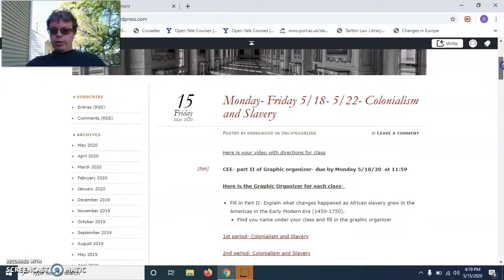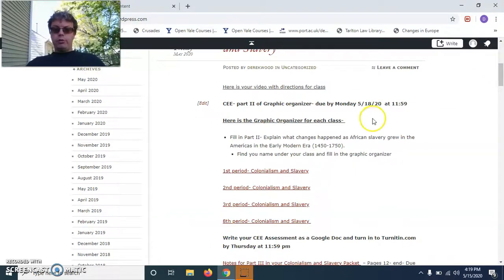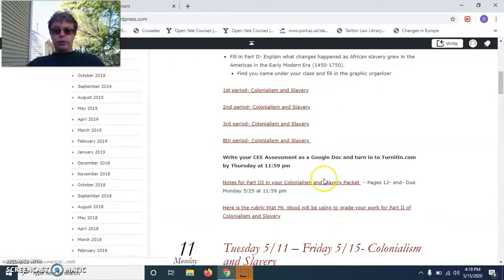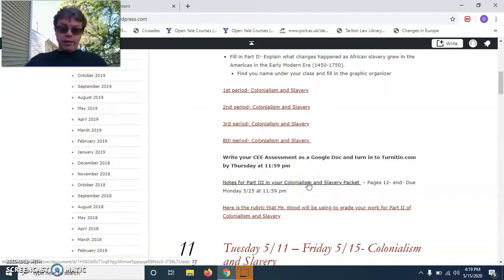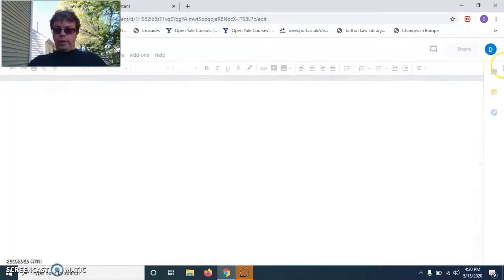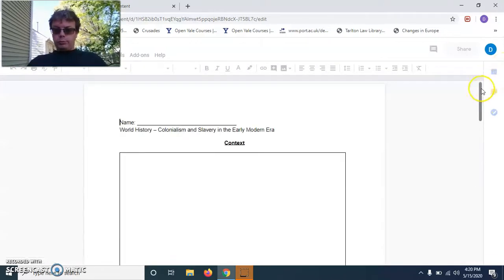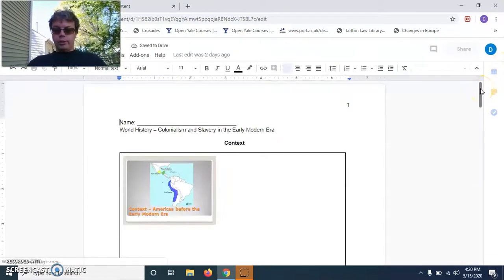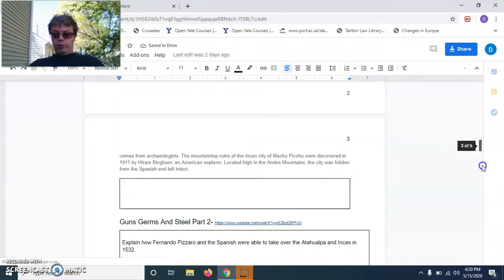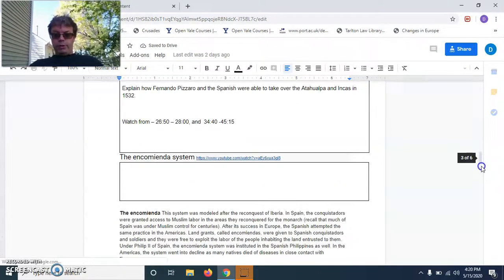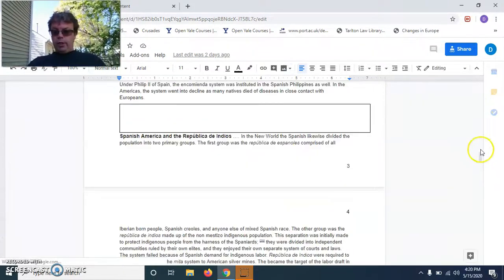Now, what you need to have done is you need to have part 2 of your notes done on your packet. Now, if you want to open your packet, there's several spots on here where you can open up your packet, but you should have it saved already as your own Google Doc. So if we look at it, part 2 is from pages 6 all the way to page 12. So if I look on here from page 6 to page 12, I can see I have all